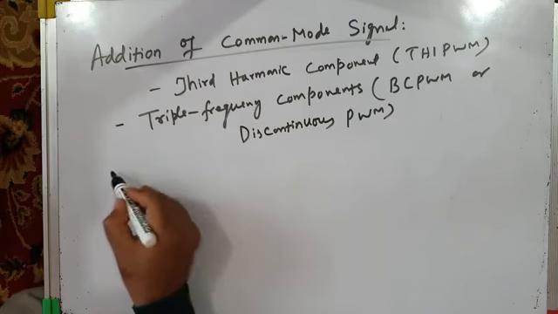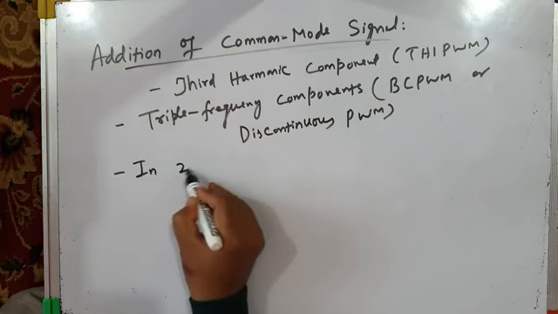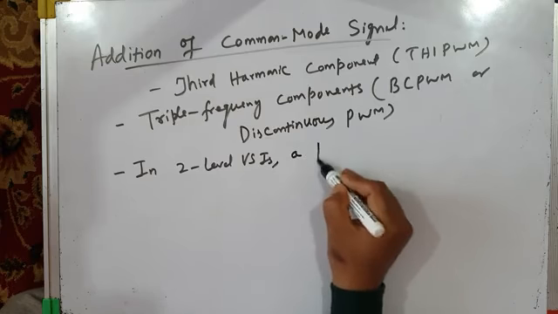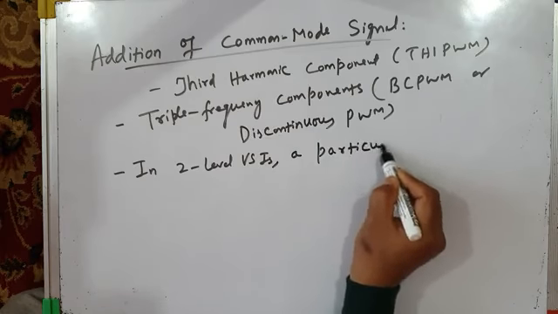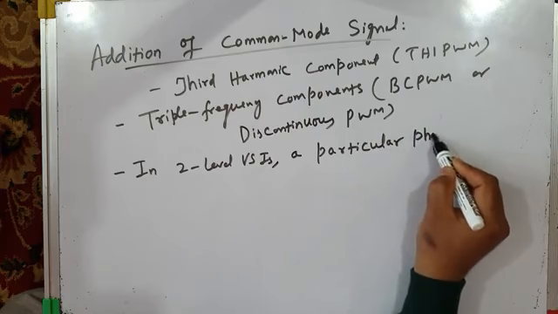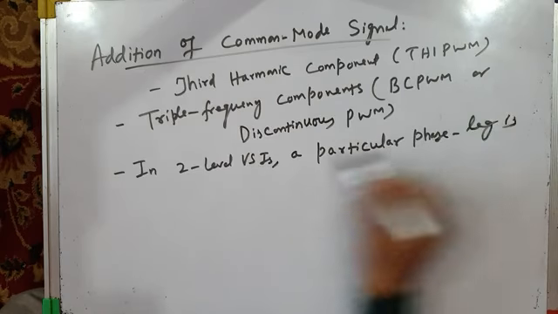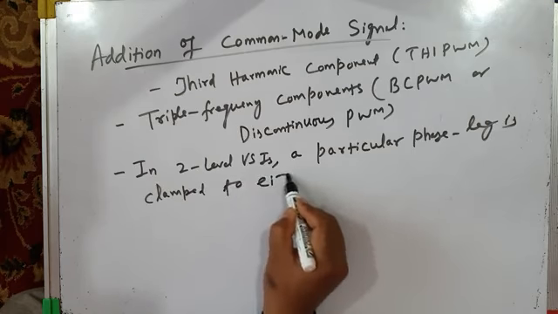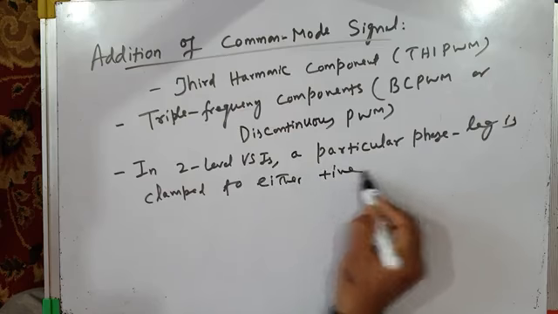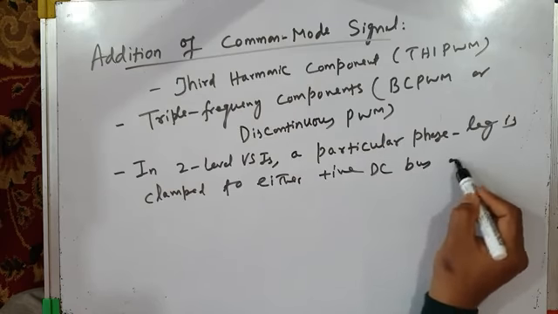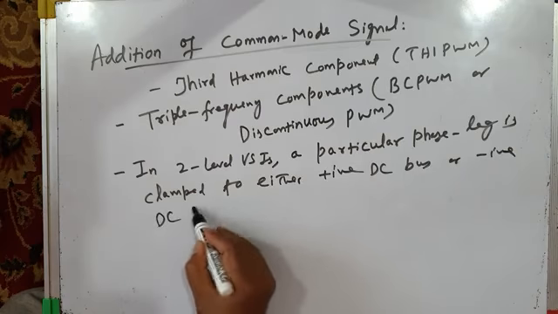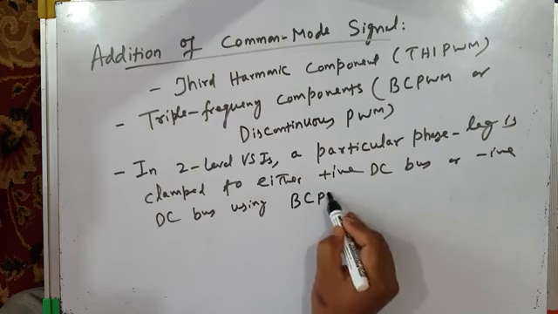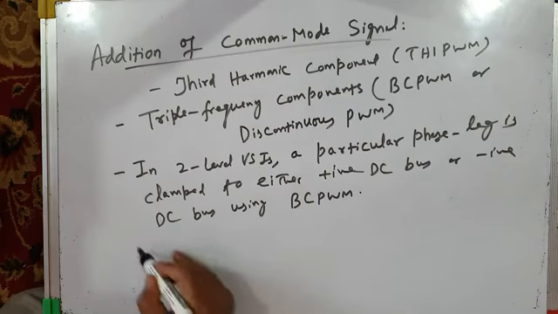I will make one more statement. In 2-level voltage source inverters, a particular phase leg is clamped to either positive DC bus or negative DC bus using bus clamping PWM technique, BCPWM. Whereas